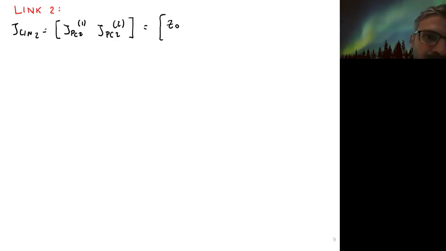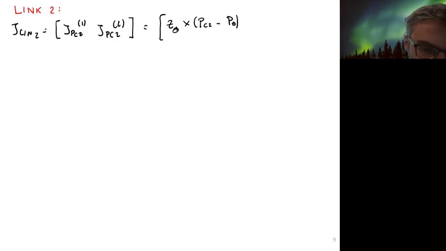And because we are talking about rotational joints, we consider the axis coincident there as before. This time we have the position of the center of mass of link 2, and then we consider the joint